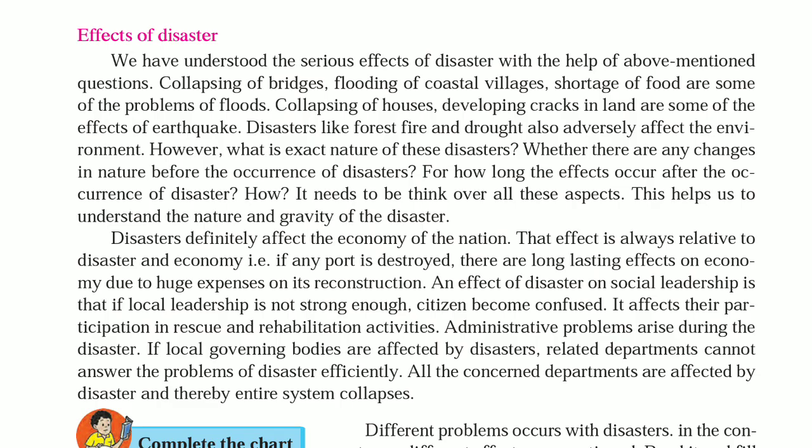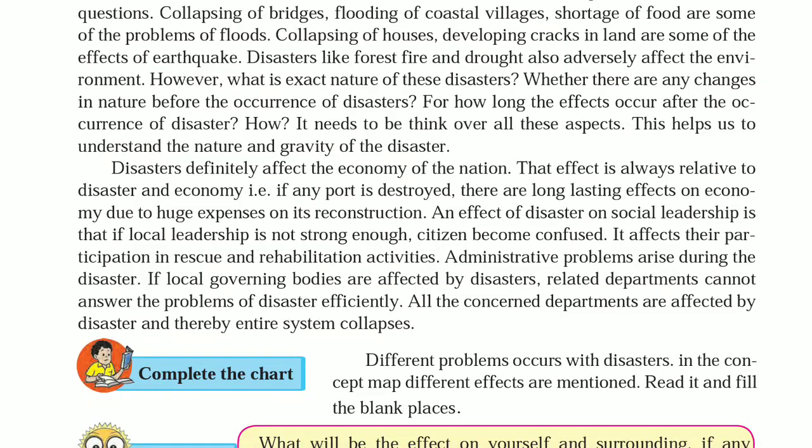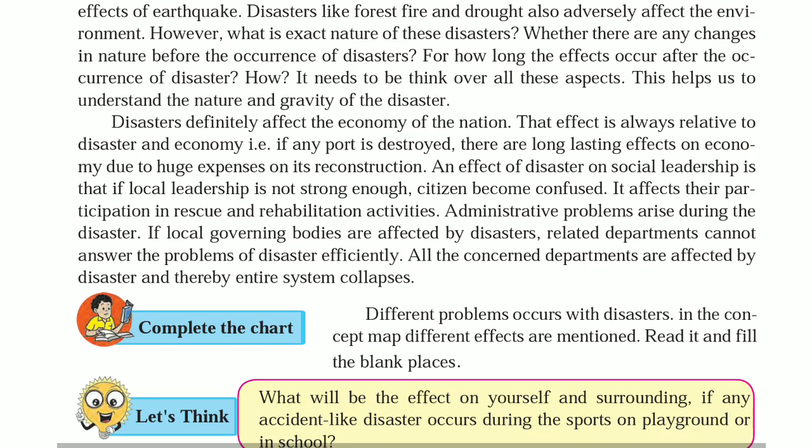An effect of disaster on social leadership is that if local leadership is not strong enough, citizens become confused. It affects their participation in rescue and rehabilitation activities. Administrative problems arise during the disaster.